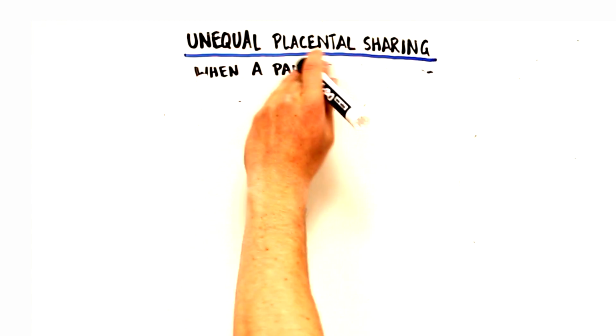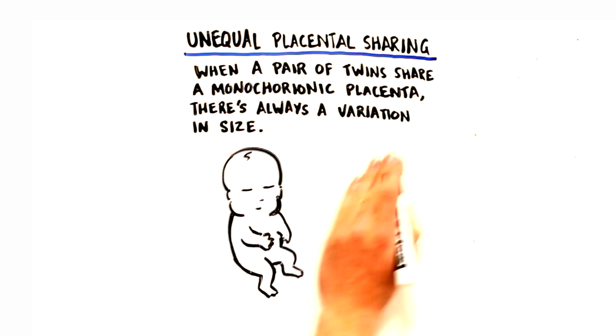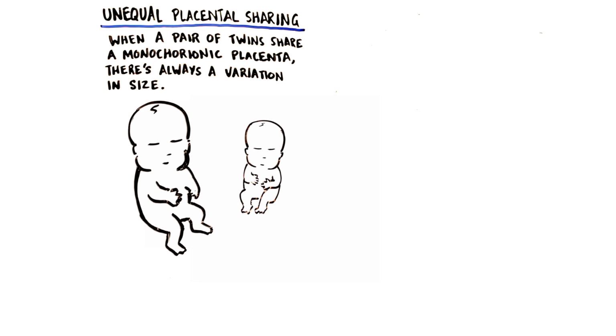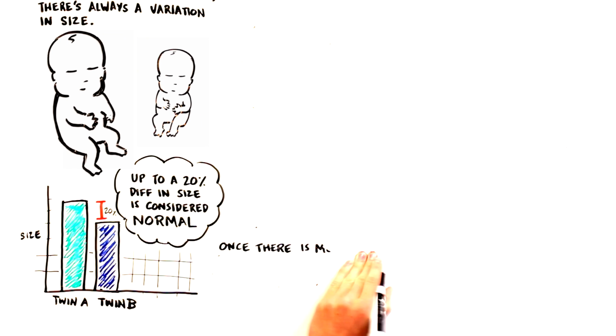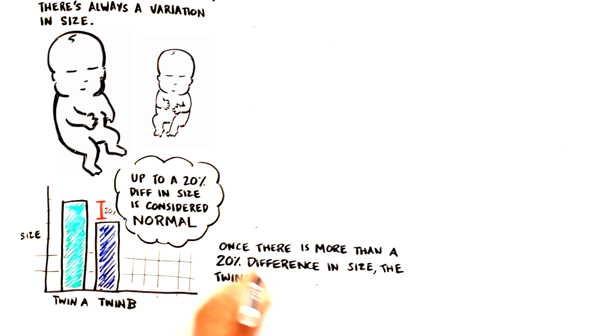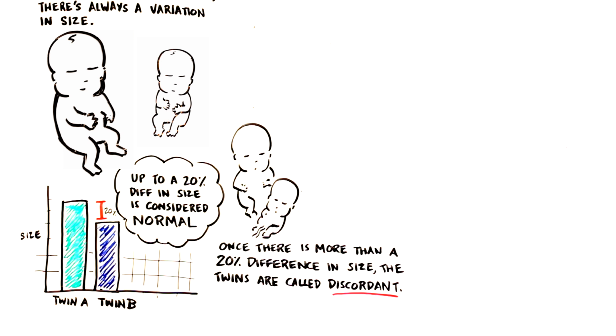When a pair of twins share a single monochorionic placenta, there's always a bit of variation in their size. In fact, up to 20% difference is considered normal. Once there's more than a 20% difference in size, though, they're called discordant. And the situation is usually that one twin is normally grown and the other twin is smaller relative to the